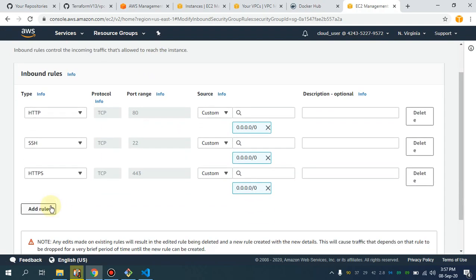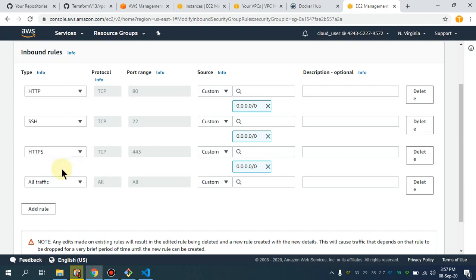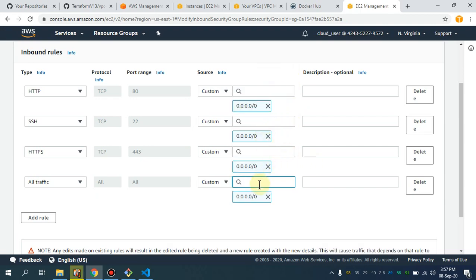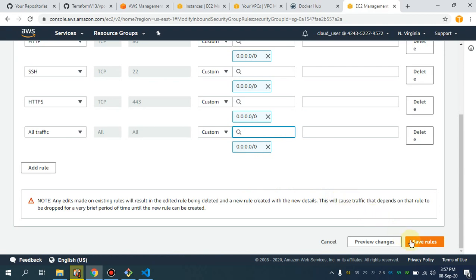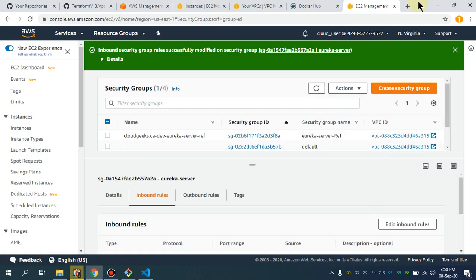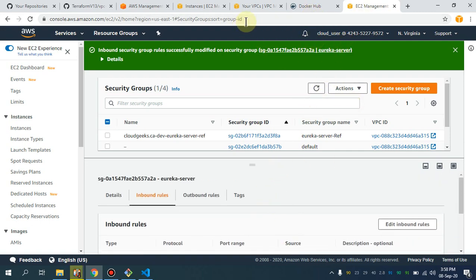For the demo, I'm going to allow all traffic, from any port, from any source. Make sure that you do not do such stuff in a production environment; you should run this in your dev environment.